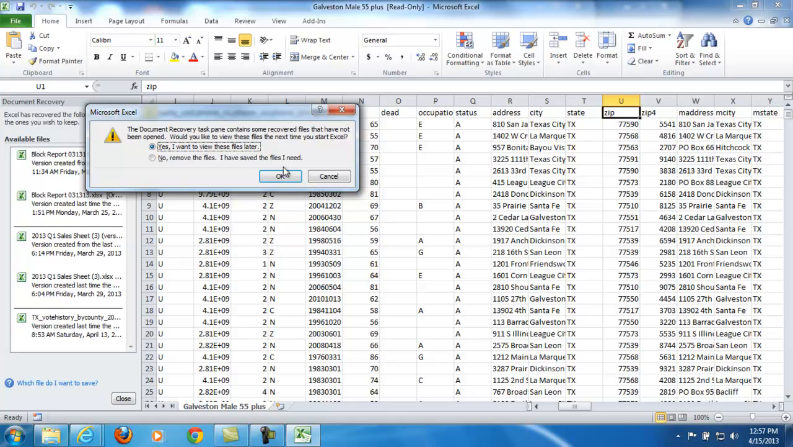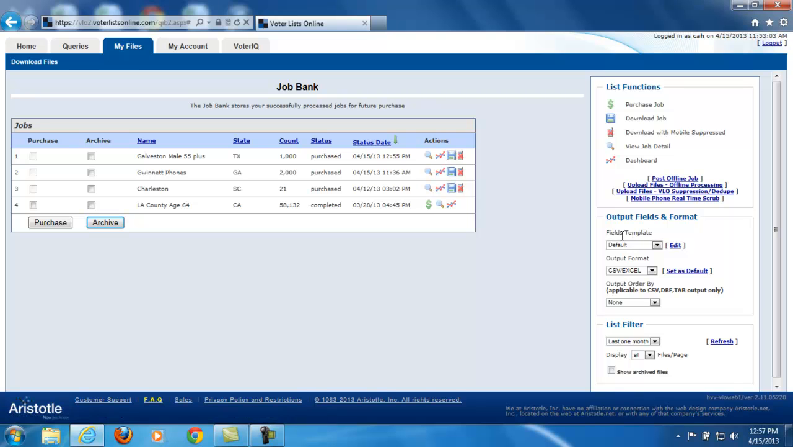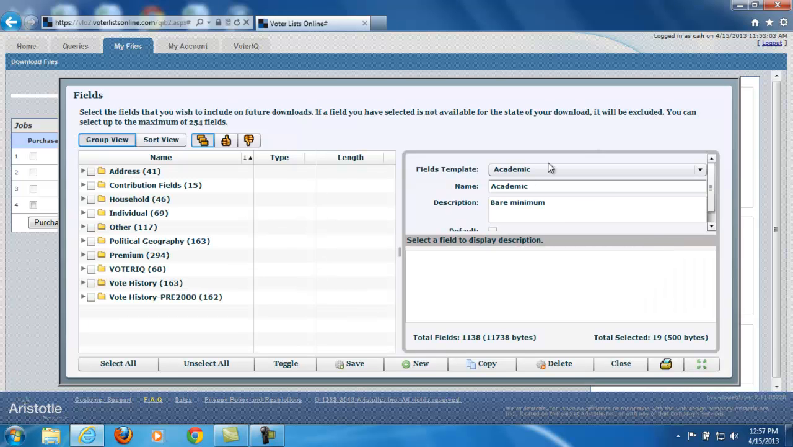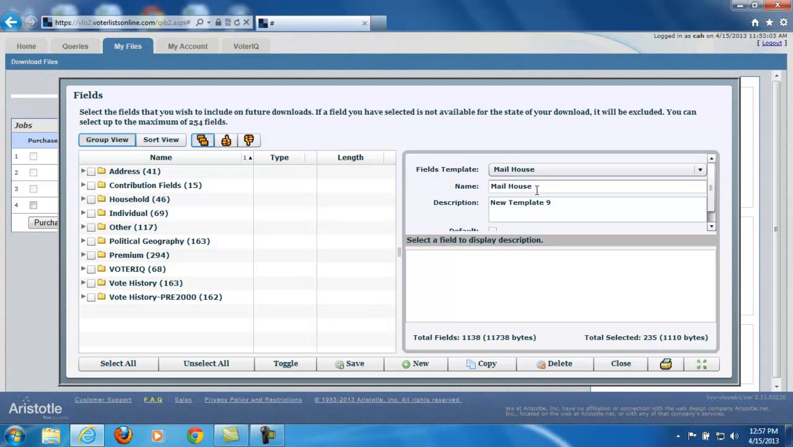So if I wanted to make sure the file only contained those fields, what I could do is change my fields template. I can either change the default or I can add multiple templates to select. If I want to create one or modify one, I can click on Edit, and it brings up a field screen. The ones that I've created are right here on the drop-down. So if I want a mail house template, or if I want to modify the one I already created, I select the drop-down field there. I can name it, rename it,